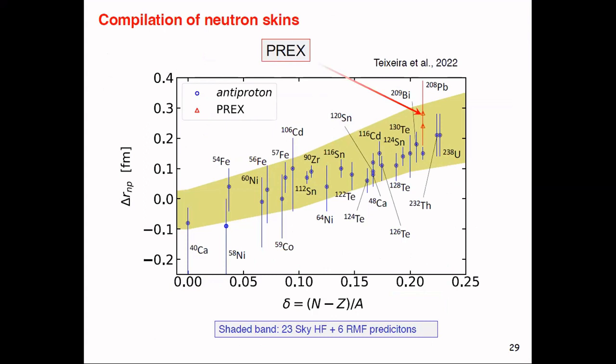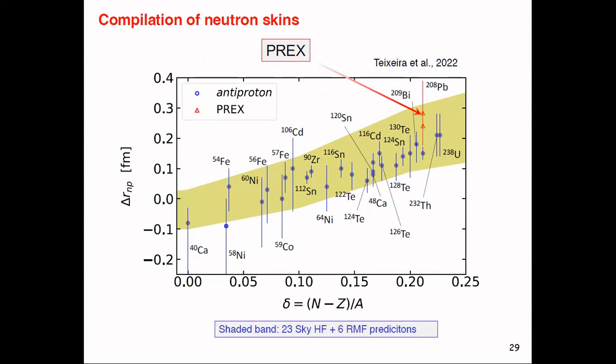Okay, so this is the situation that we have now. This is a compilation by a student, and we see here the different nuclei, and this band here is many density functionals. I do not know which one is the real one. WeTech knows what the real one is, okay? I don't know. And here are the PREX results. Alexander,